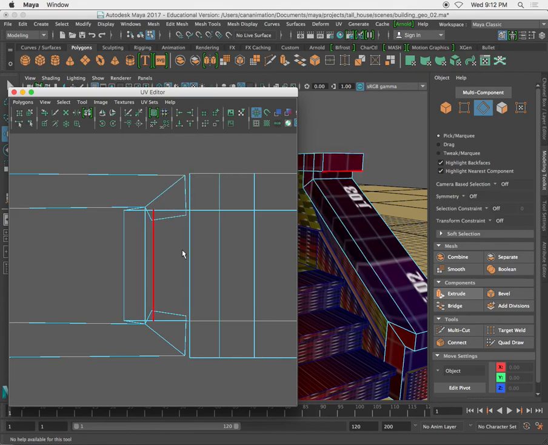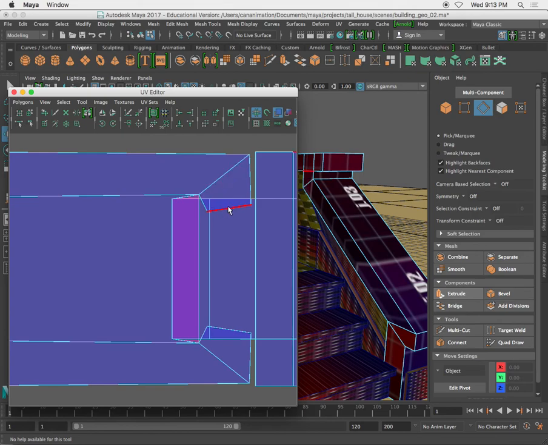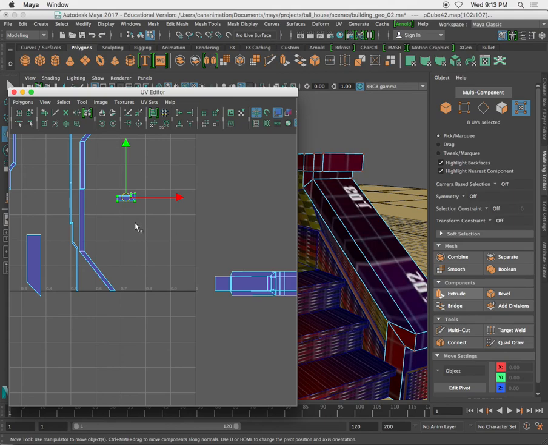One way to be able to clearly see UV shells overlapping is by clicking on this button right here, the toggle shaded UV display. When you click it, when it's dark blue, that means the same rotated UV shells are overlapping each other. When it's red, that means you have a flipped UV shell. So if I take this UV shell right here,